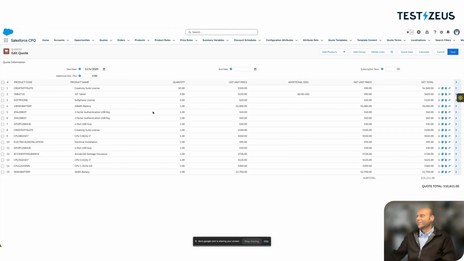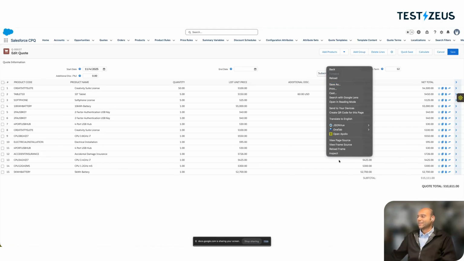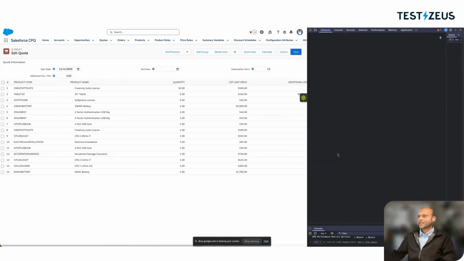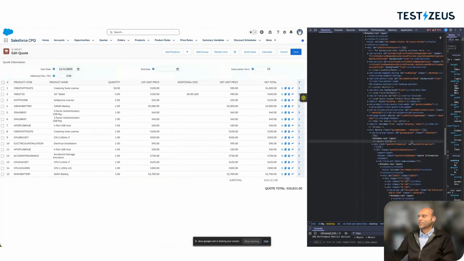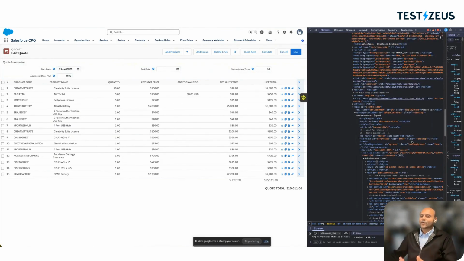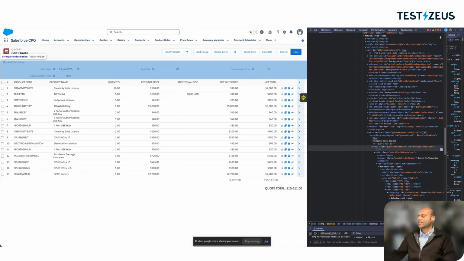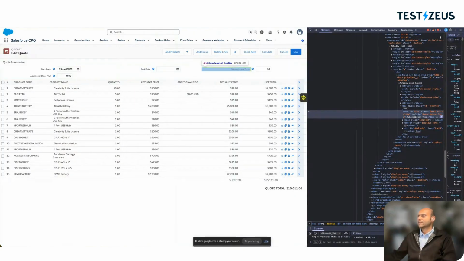The real beauty of this lies in the HTML. If I inspect this page, it's a nightmare for test engineers and test automation engineers alike. Just count with me. There are at least 4 levels of shadow DOM over here. One here, one inside that, and then progressively inside those pieces as well. So let's say if I have to work on the subscription term item, it might be inside shadow DOMs and